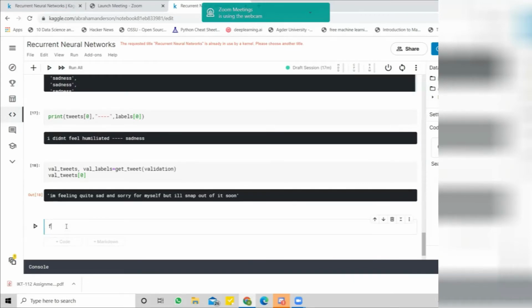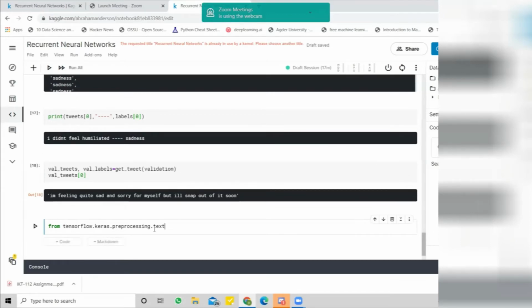One of them is, let's import from TensorFlow keras pre-processing, yes, text. Scikit-learn also has pre-processing, which means we are now pre-processing the data, right?